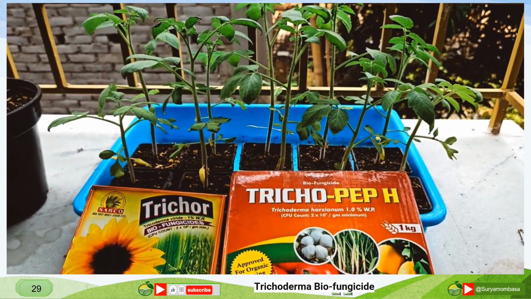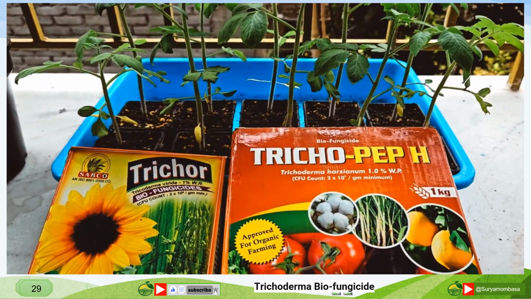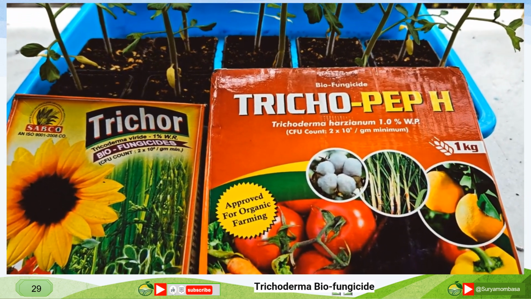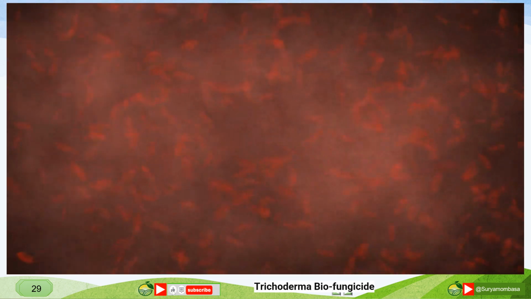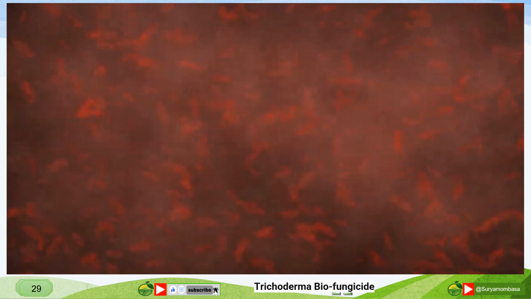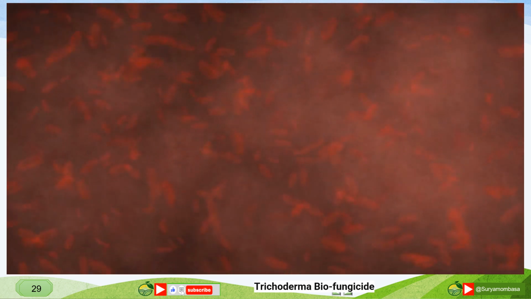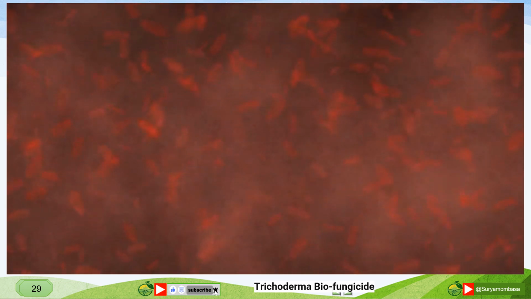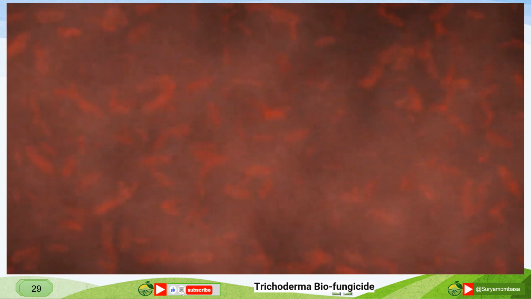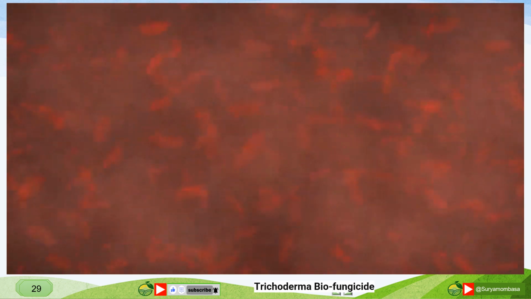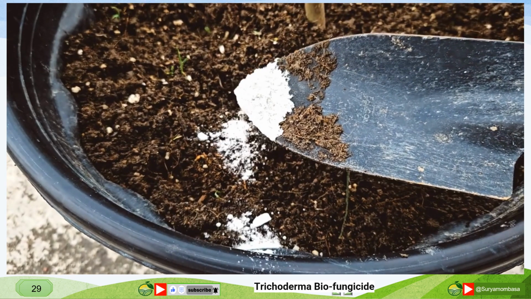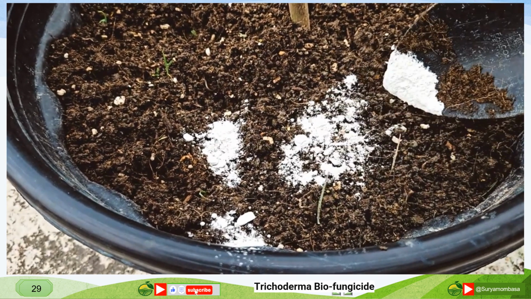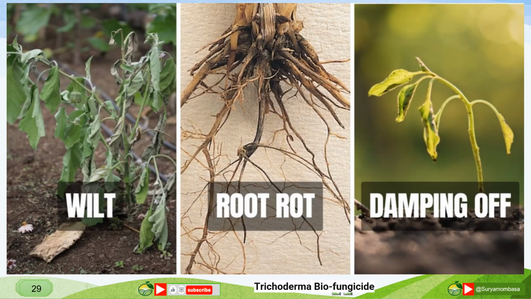Trichoderma is used for different purposes in agriculture. It interacts with other microorganisms, but mainly with the pathogenic fungi or the bad fungi in the soil. These interactions include the competition for food, nutrients, and space, and as a result, it can suppress the activity of those bad fungi by creating unfavorable conditions for them. Thus, the application of Trichoderma in the soil can provide resistance to different diseases, mainly soil-borne fungal diseases like wilt, root rot, and damping off.